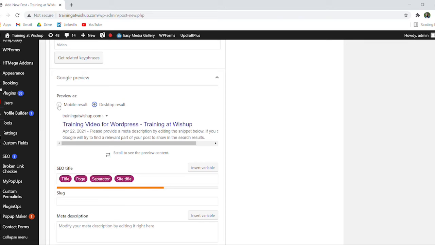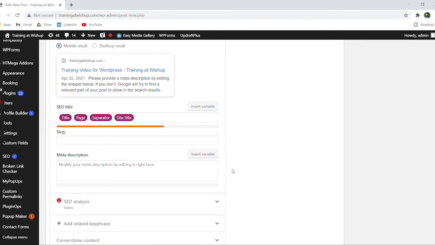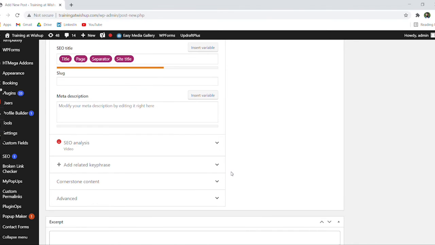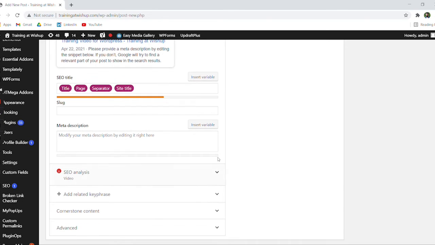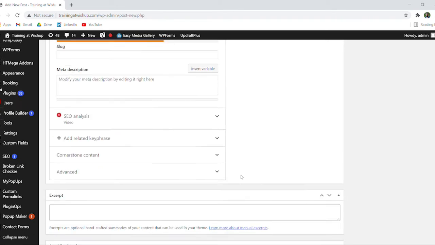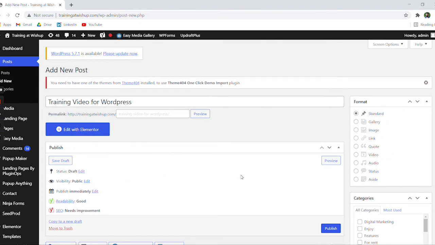Below that is SEO title. We can add different SEO titles to ensure that we are maximizing the use of SEO marketing over here. And below that is metadata preview as well, which is going to allow you to add descriptions to the respective search results. Now, if you scroll up, you will also see the permalink option, which is basically going to serve as the URL to your respective post. You can edit that as well.